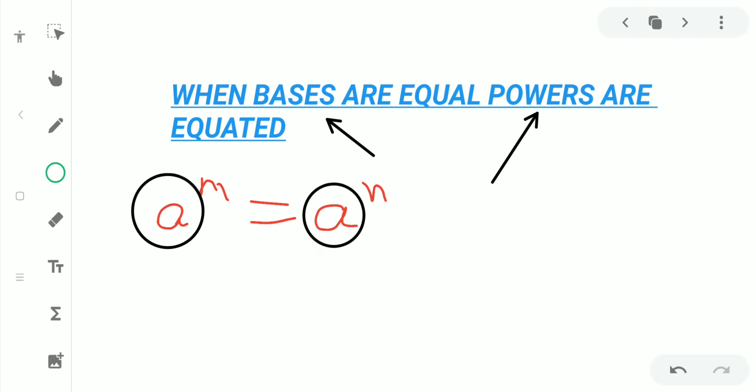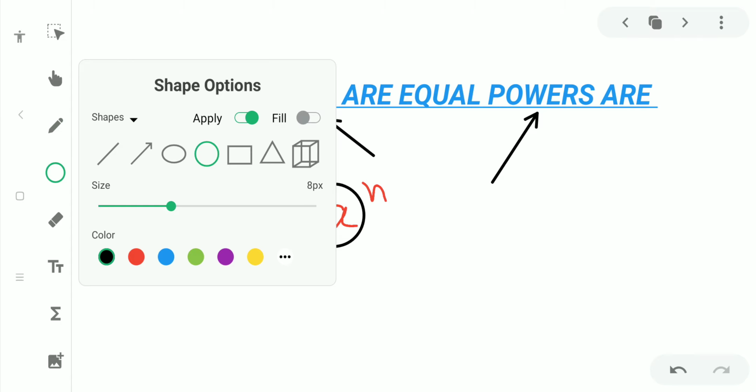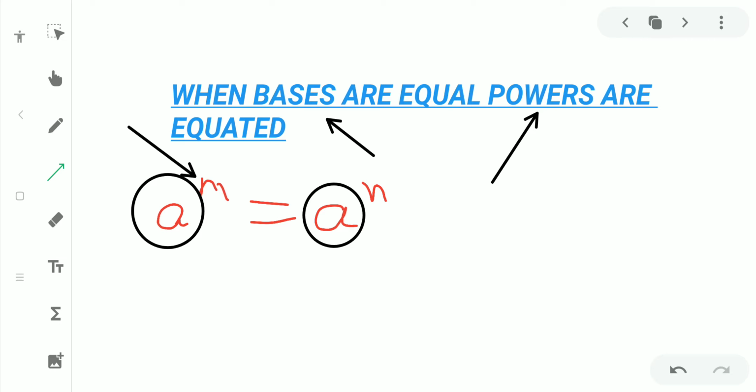So these two are bases here, and these two are powers, the ones with which I kept the black arrow. So these are the bases and these are the powers. Powers we can also call exponents or indices, and for bases we have a single term, that is nothing but bases itself.